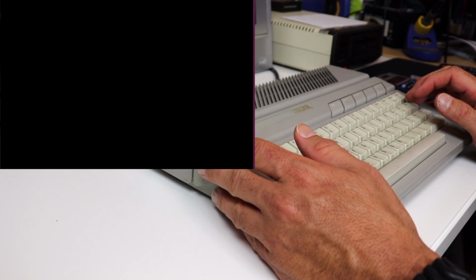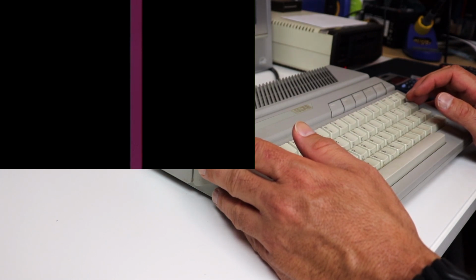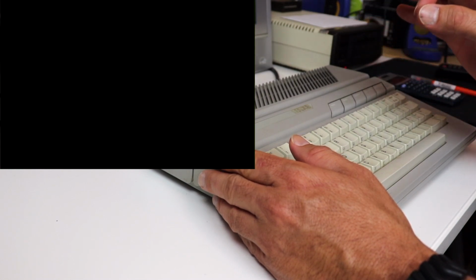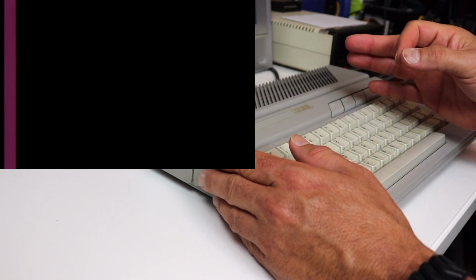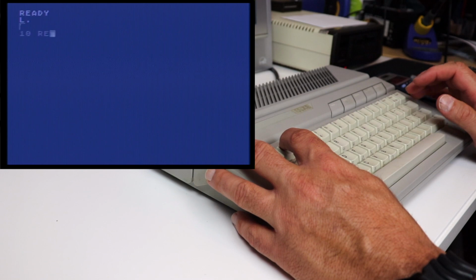So the reason why I wanted you to see this before we start coding is so you can get an idea in your mind of what we're shooting for, what we're going to be looking for the code to do, and what it's ultimately going to be on the screen. Eventually we'll turn this bar into a spaceship and I'll show you exactly how we do that. So in the meantime, let's